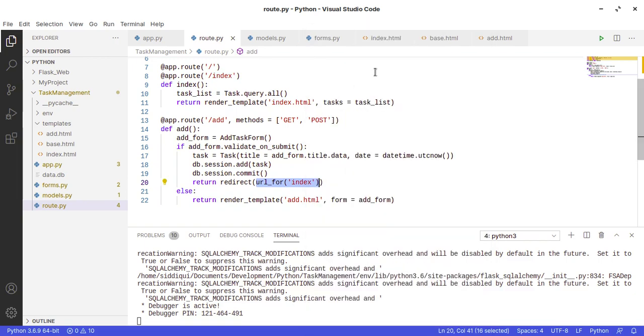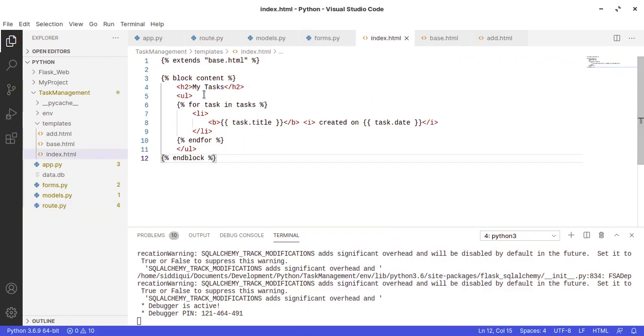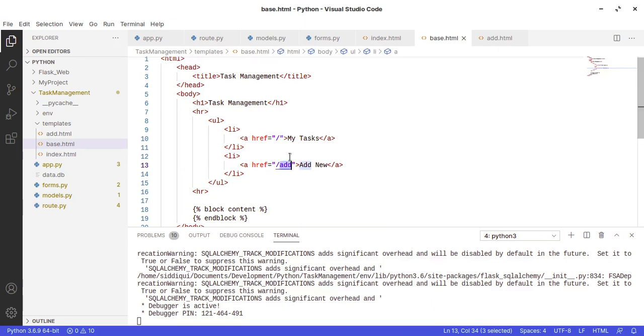I can copy this one, and wherever we have it, like here in our base, we can just provide this, but here we have to use url_for index, right? And then similarly here we have to provide it for add. Fine.